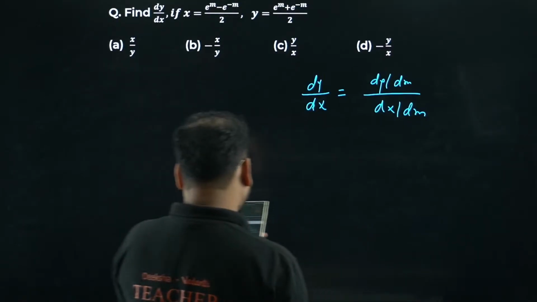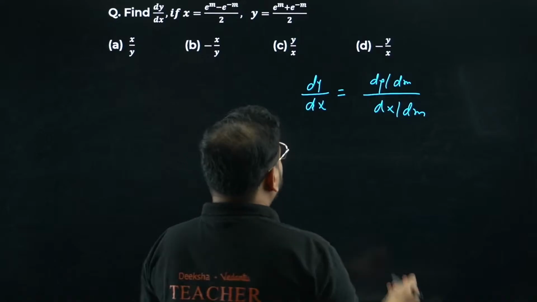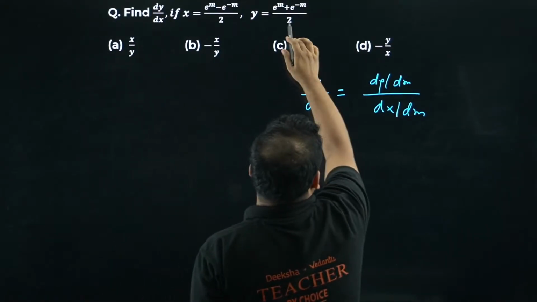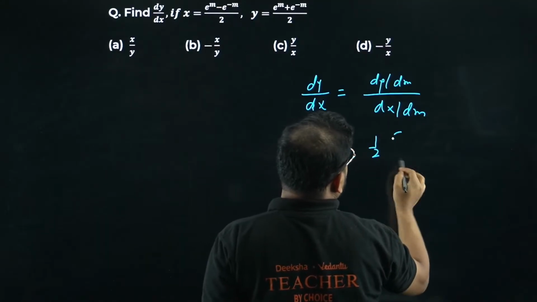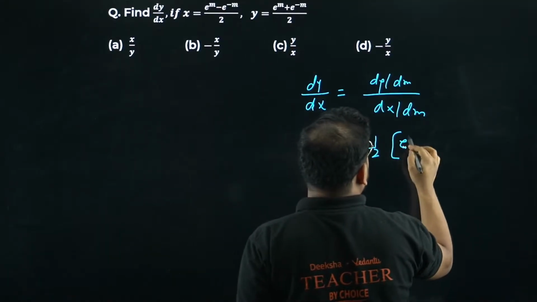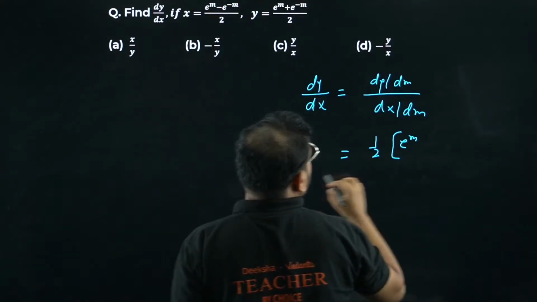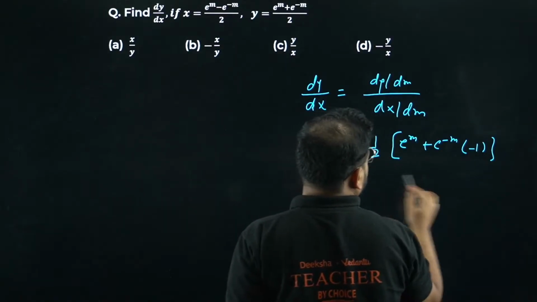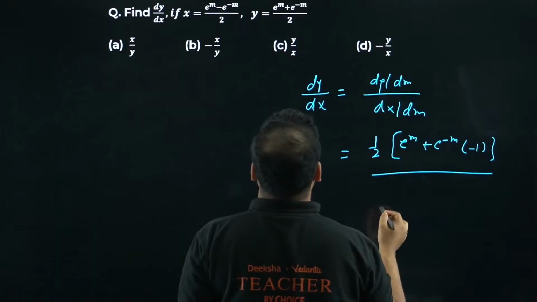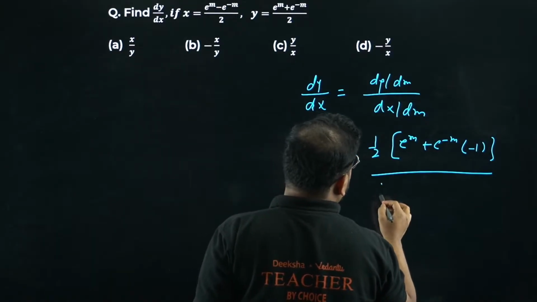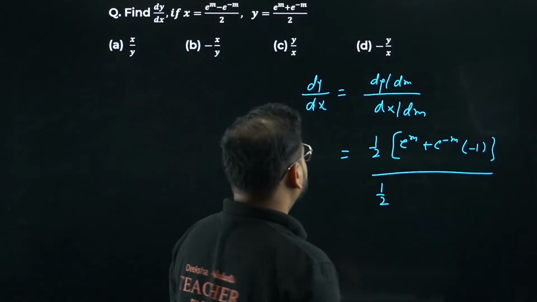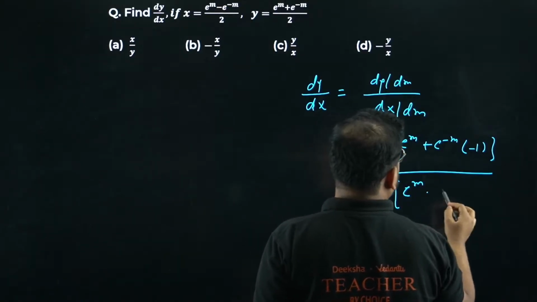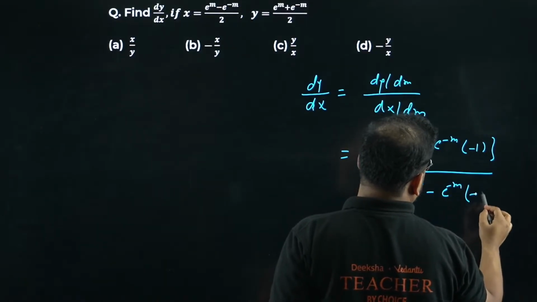Okay, let's start. So how do you solve this question? Dy by dm. Let's differentiate this. You'll have 1 by 2 as a constant, keep it outside. E power m will become e power m only. And for this we'll have plus e power minus m, and we'll have minus 1 over here. Again keep it like this. Derivative of this part, have a look. I have 1 by 2 again for x. E power m will become e power m only, and this time minus of e power minus m, and again minus 1 will come.